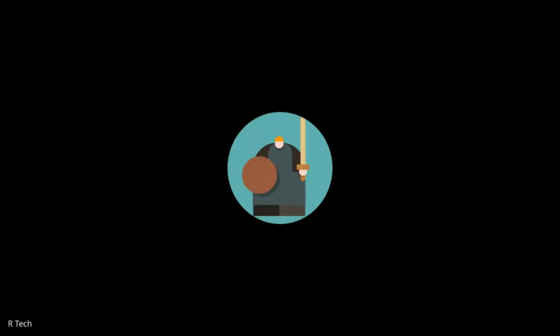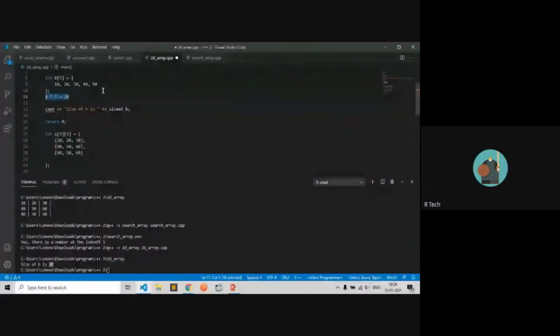Now let's say we have the size of an integer and we are storing an integer as a sub element. So let's try to divide the size of the array. 20 is the size of the array, divided by a single integer memory size, which is 4. Then we can find the number of sub elements.